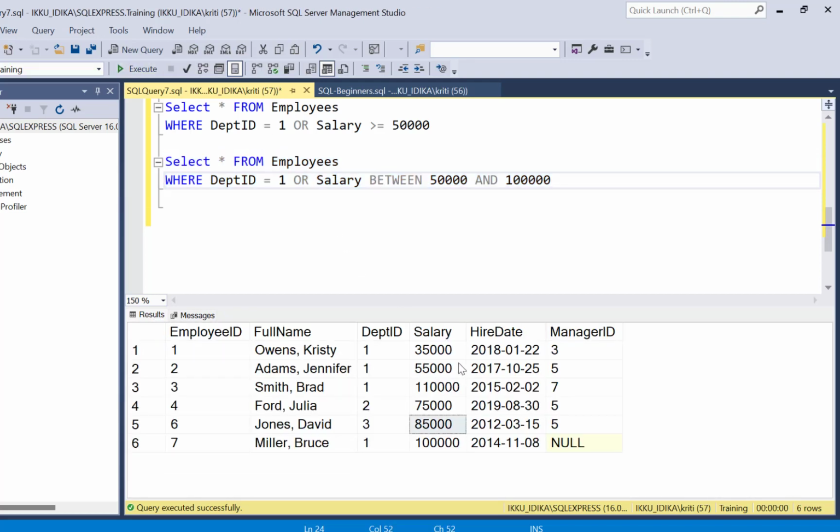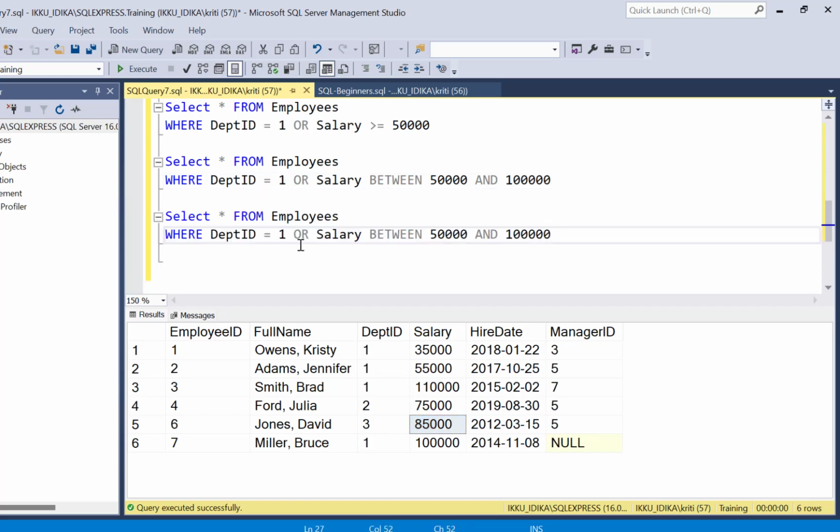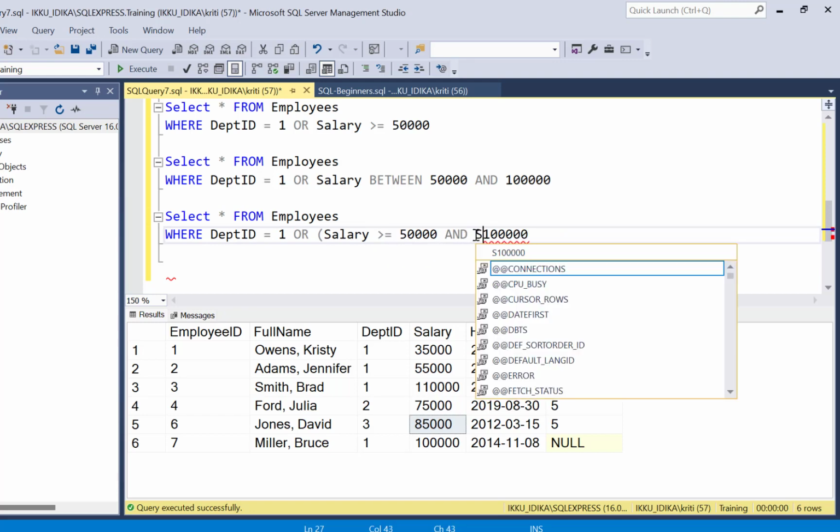So now you can see that only those employees have been selected whose department ID is 1 or whose salary ranges between 50,000 and 100,000. Now this between can obviously also be written as a combination of greater than equal to and less than equal to. So you can say salary is greater than equal to 50,000 and